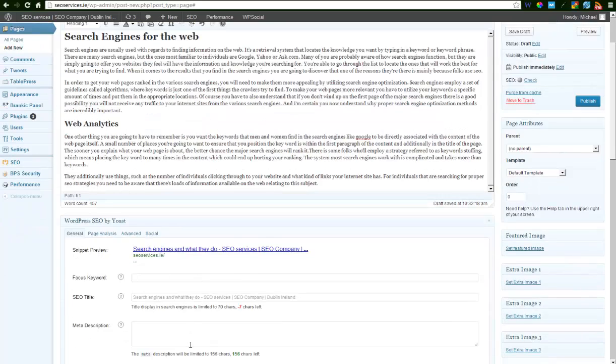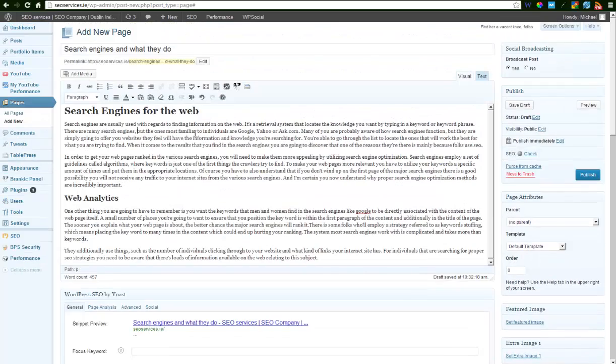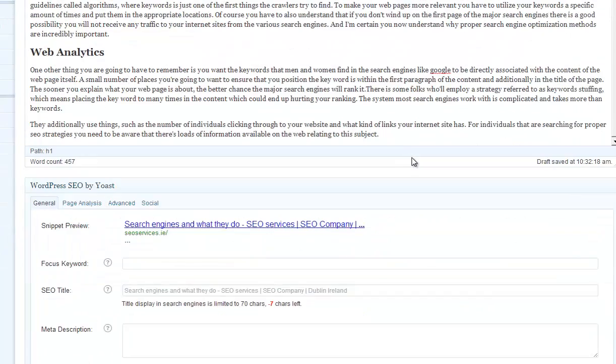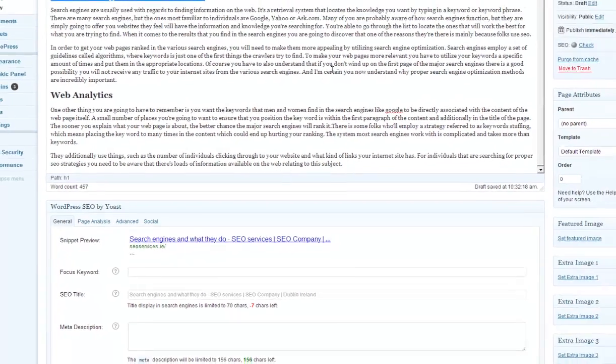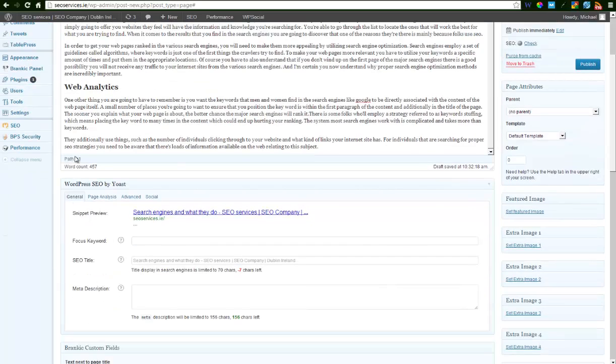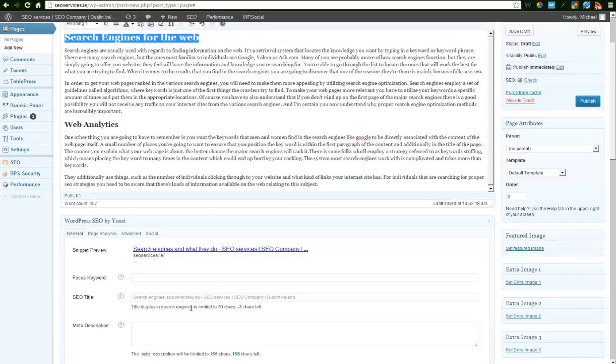So I might as well go into filling out the Yoast plugin here. I didn't do it on my post video, but we'll do it here. Now, WordPress SEO by Yoast is a plugin. What that basically means is that it's a piece of software that you download and install on your WordPress installation. It allows you to analyze the on-page content, the URL, the headers, the information on your page,